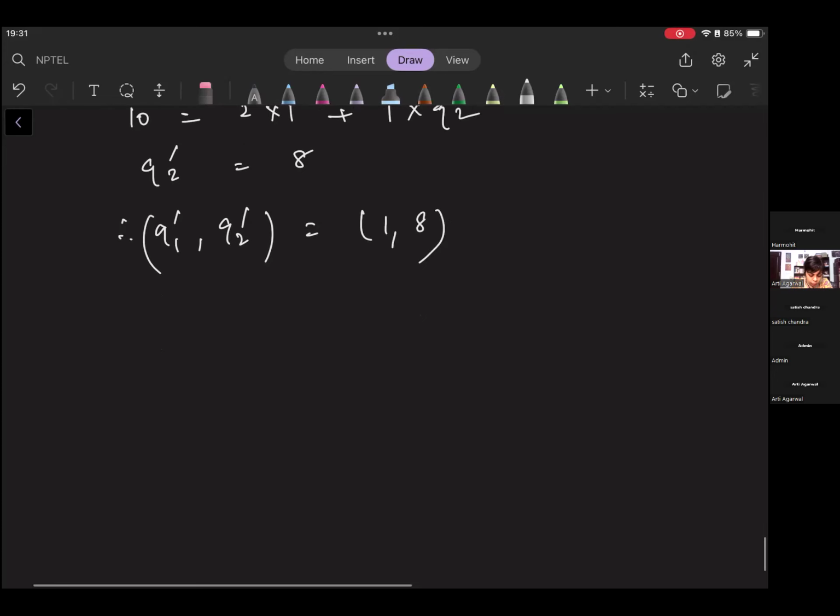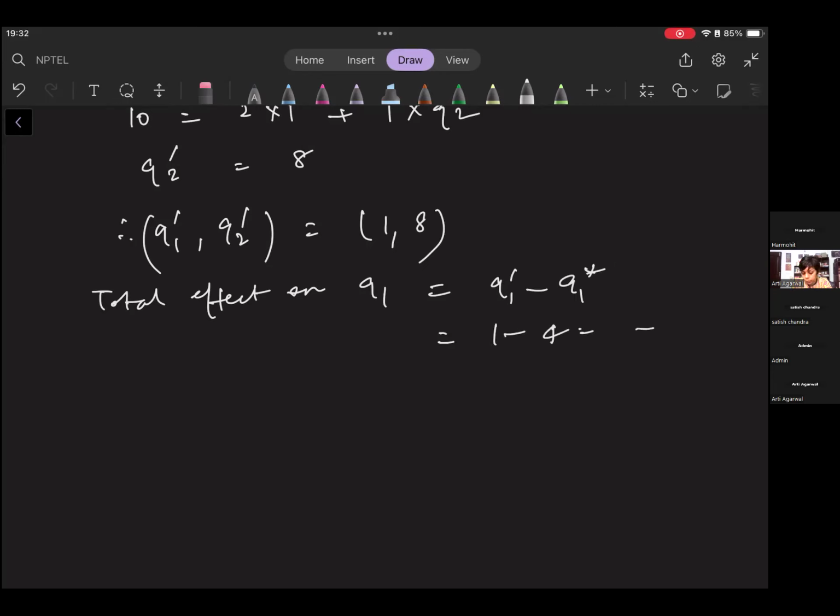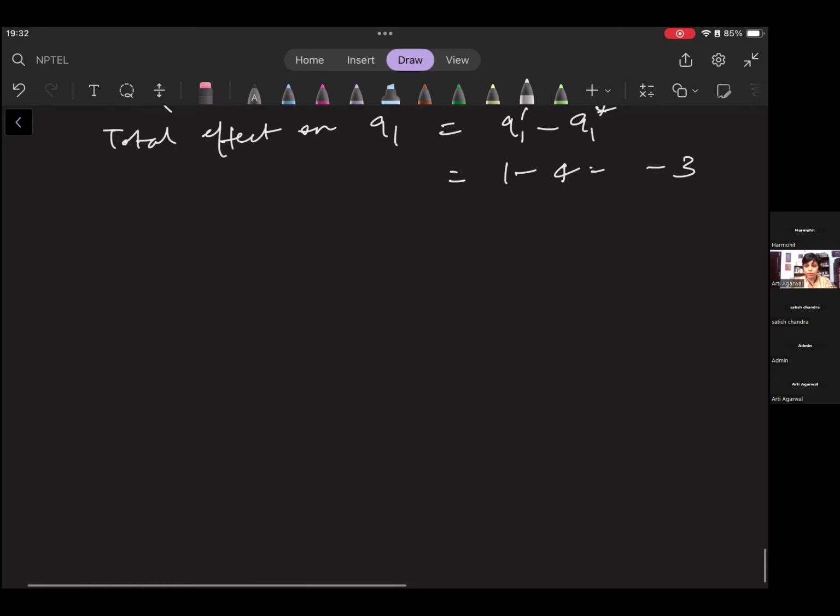So if you want to know the total effect on Q1, because the price of one Q1 was changed, it is equal to final Q1 minus initial Q1. Because 1 minus 4 is equal to minus 3. That's the total effect, right? Now we want to calculate the substitution effect. To find the substitution effect,